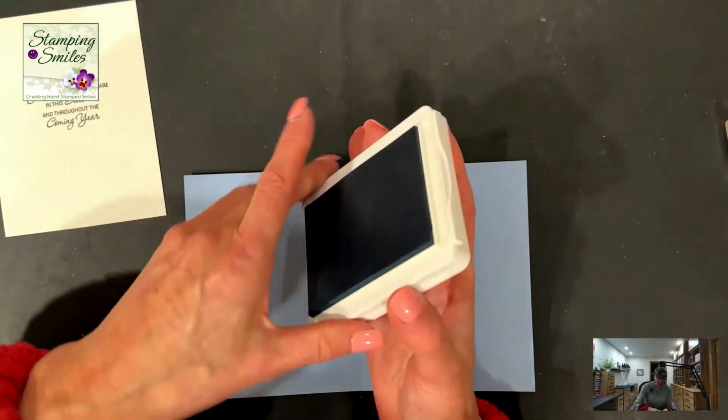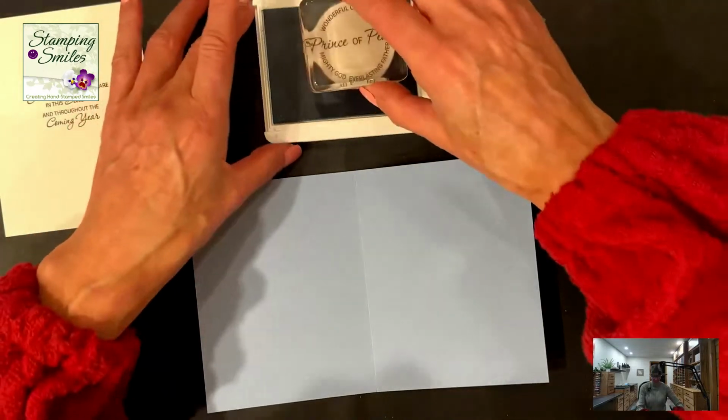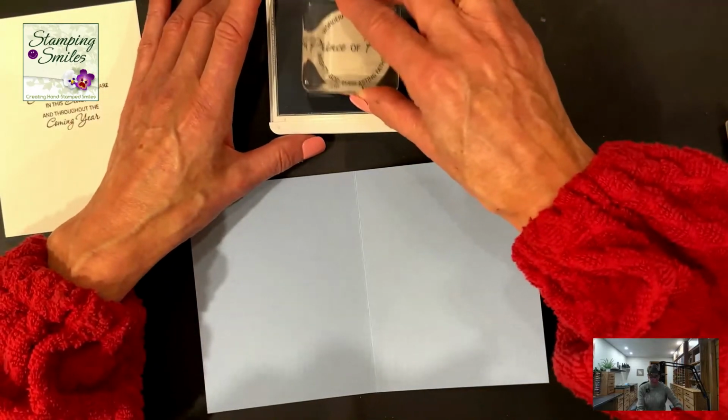Oh, okay, Miss Roxanne likes the deckled. Yeah, it just took this simple card in my mind and dressed it up a little bit more, but they're